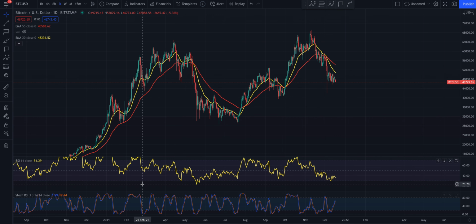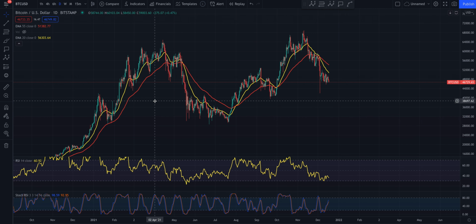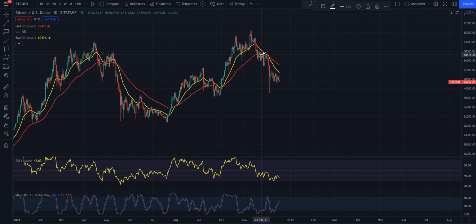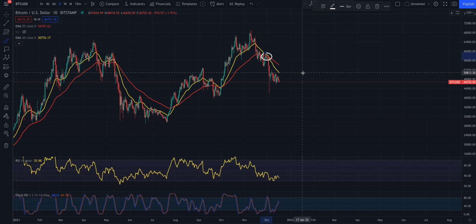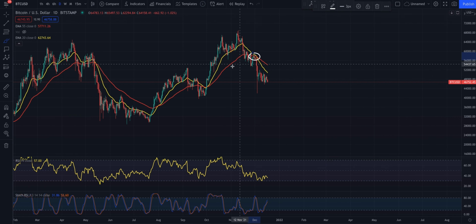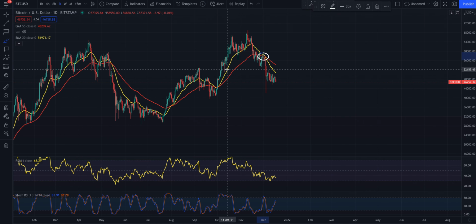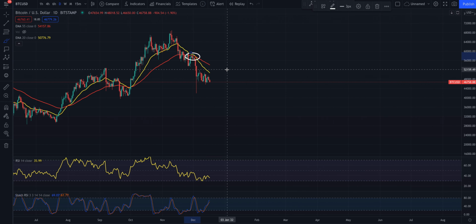I'm currently diving into Bitcoin. I'm looking at the daily time frame at the moment, and you can see that since this death cross on the daily time frame, it looks quite scary, doesn't it? This all looks quite negative here, but it's not a position you haven't been in before. And I wanted to show you some patterns here that I do believe are happening currently.